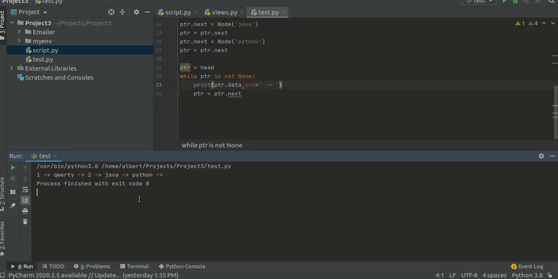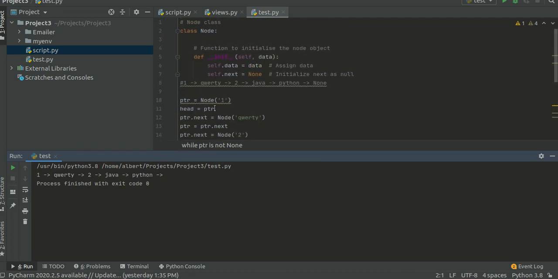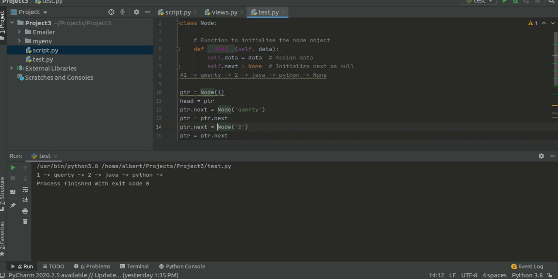This is the output. I've given 1, 4, 2, Java, Python, and then None. There is nothing, so it is None. This is the linked list of some data. We can also define some numbers and some strings.